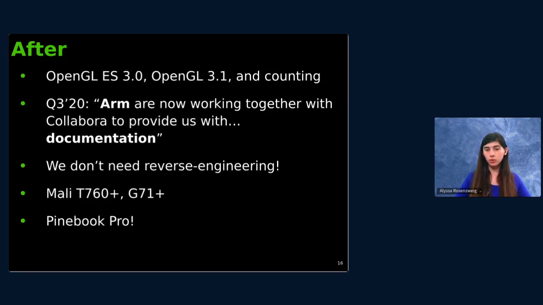We support the Mali T760 and up, and we support the G71 and up within the Bifrost series, which covers a number of devices that are of interest to the free software community. The one that I originally started with was an ARM Chromebook. At the time, I was using the C201, which has a Rockchip 3288 processor. Later, I upgraded to the machine I use now, which is a Rockchip 3399 processor. Both of these have Mali hardware that requires Panfrost for acceleration.